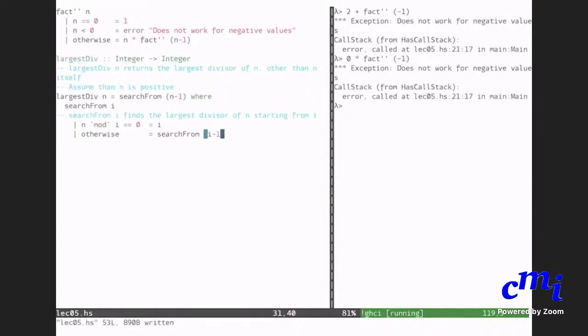How should you change it? We need another parameter. Exactly, you need another parameter, and that parameter is n. And because n is used here, I'm using n mod I, and this n refers to that n. So if you do it globally, you have to add another parameter. Search from I n, you have to say.